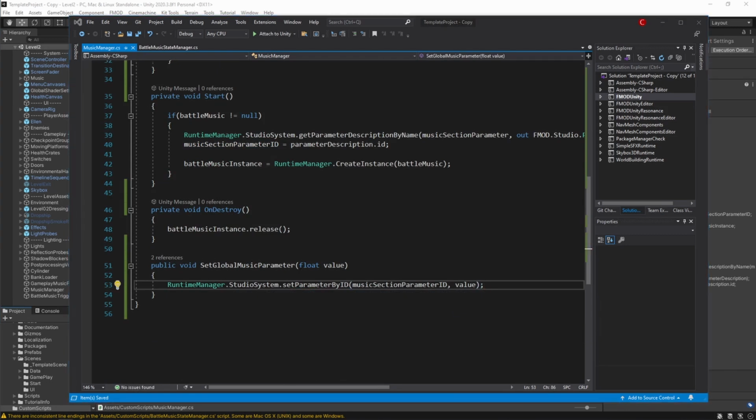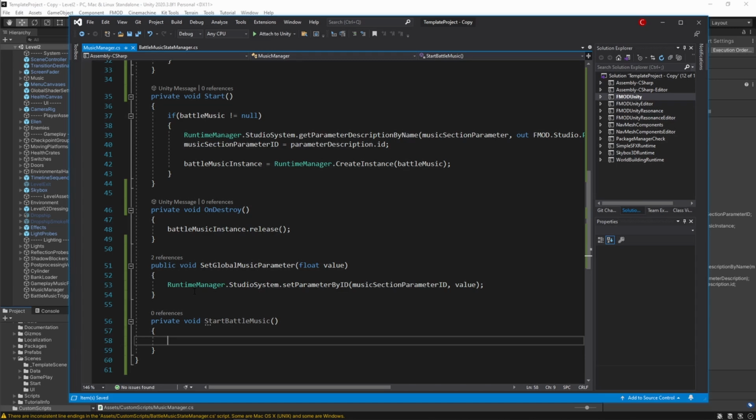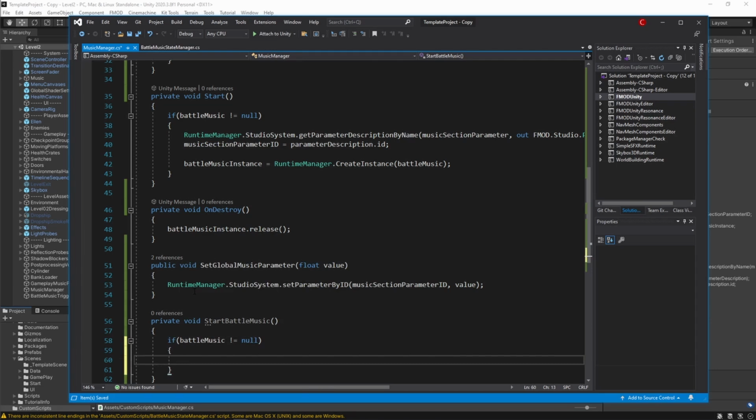You may notice, however, that we're still not starting the battle music anywhere. We'd like to start our battle music only on the first entry of our trigger collider. To set this up, we can create a simple private function called start battle music. Do a quick null check against our battle music event reference, and then check the state of our music instance